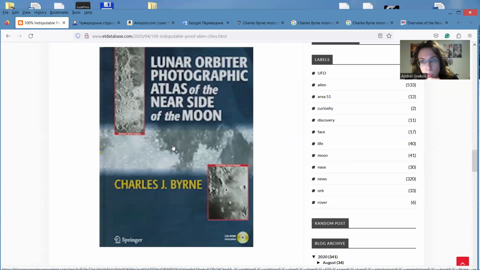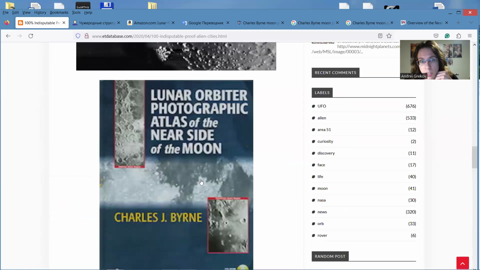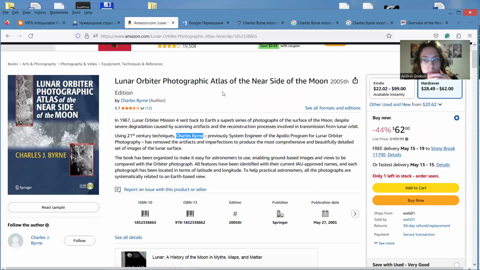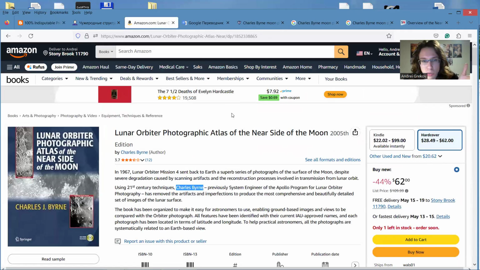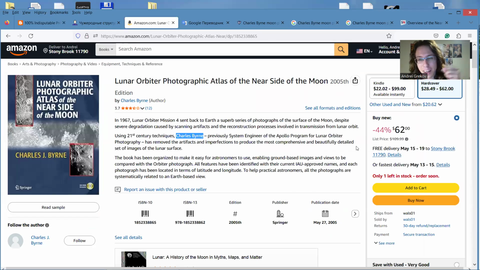Yeah, so that's the book where they came from, by Charles Byrne, Lunar Orbiter Photographic Atlas of the Near Side of the Moon. This person, as I understood, was a NASA employee, and his job was to review and redact and then post the photos of the moon surface made by Lunar Orbiter. So here is the book. You could purchase it on Amazon. It comes with a CD, and the CD allegedly contained those photos. It's too expensive for me. I wasn't able to buy it,